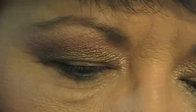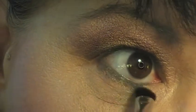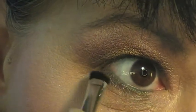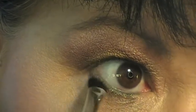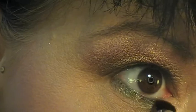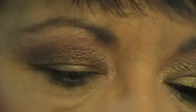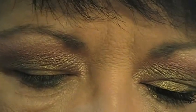Then I'm taking this beautiful colour called Girly. Now this colour, I am not sure, but I believe it's a dupe for one of the shade shifter colours that I love so much, and also one of the colours in the Wet n Wild palettes is a dupe for this, I'm nearly sure, because it's that greeny colour that shifts to a taupey brown colour. Then I'm taking